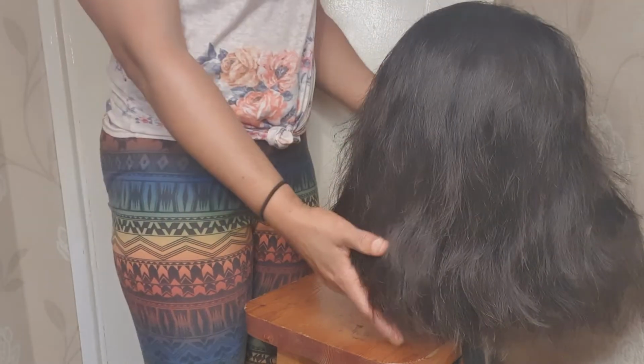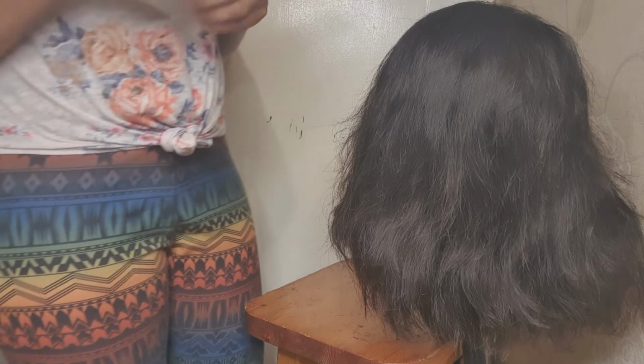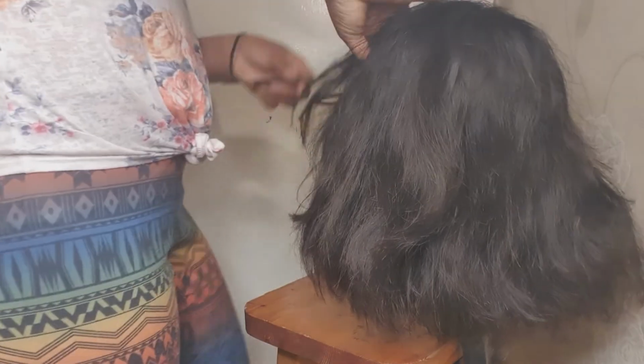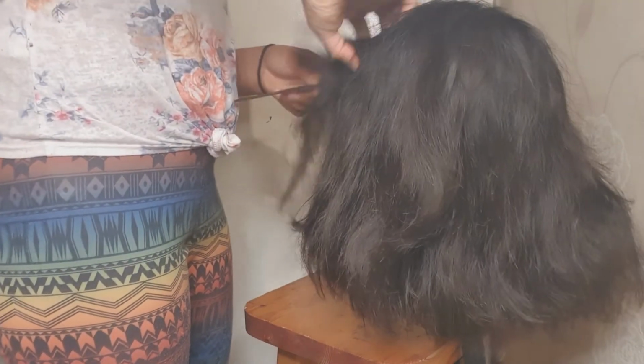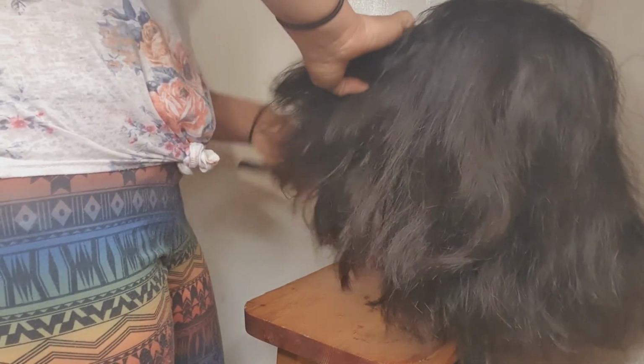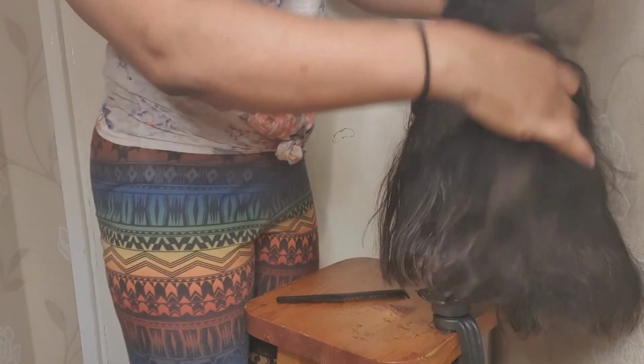I did a little trimming off camera. So right now it is night, so I paused for a while because of some things I had to do. So it is night already, so I just decided to finish up at night. I'm going to start styling now, but before then I will still have to cut or trim the ends,